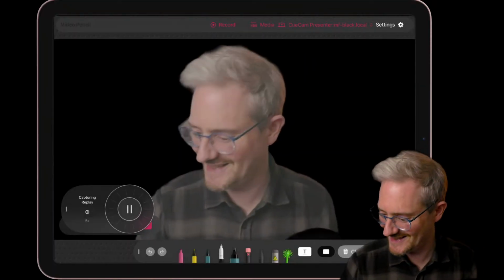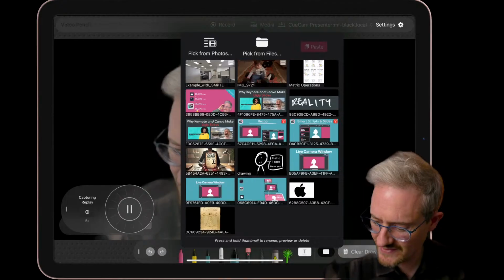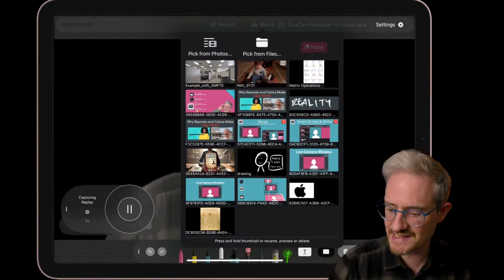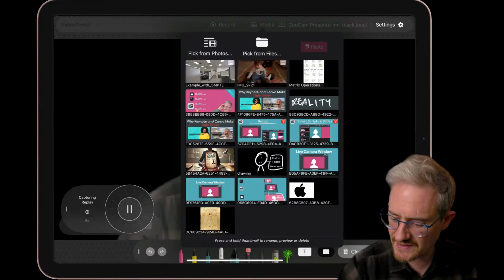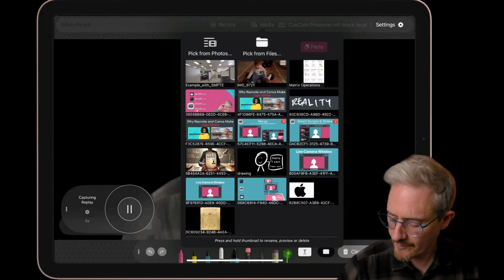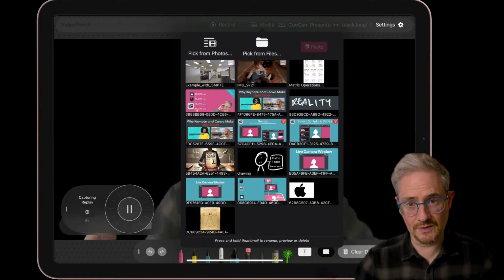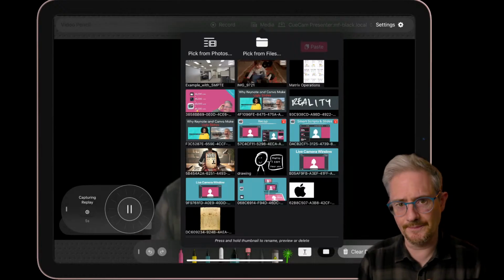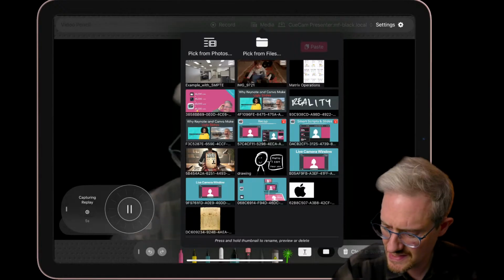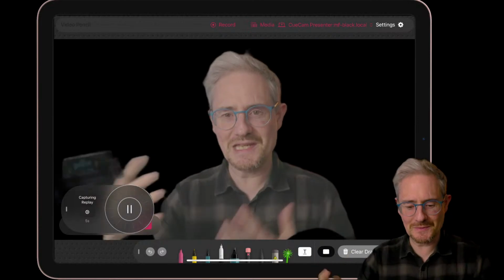Hey John. So in CueCam, in Video Pencil, you've basically got your list of recent files, or you can pick stuff from photos. So you can grab some stuff. You could line up a few files here and quickly access them before hitting record. But it's not powerful in terms of sequencing or managing all that content. But if you use your Mac, you can load in content, but you can still use the same